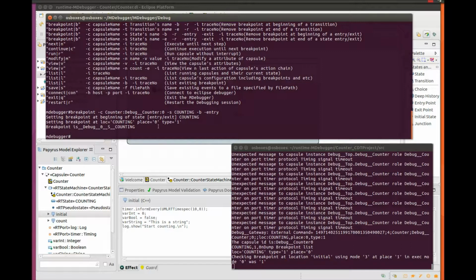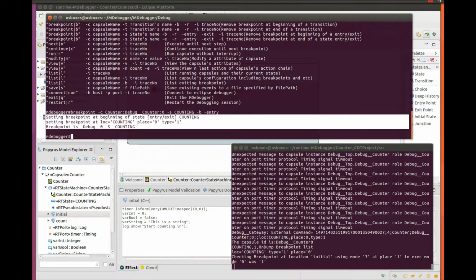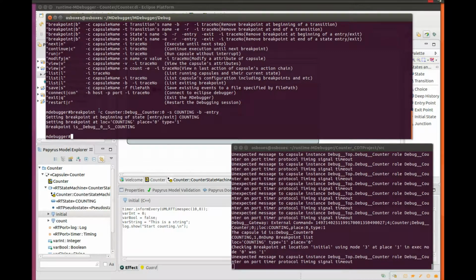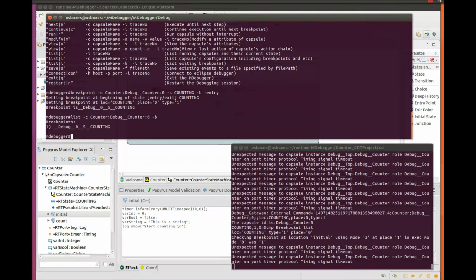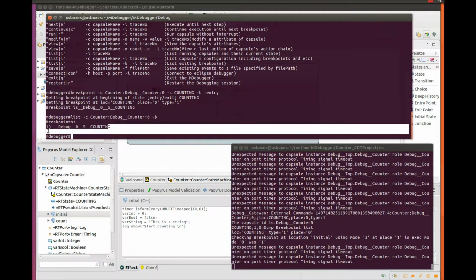If I do that, I can see information telling me that the breakpoint was set, and I can check it using the list command with the parameter b, and I can see that there is one breakpoint set.